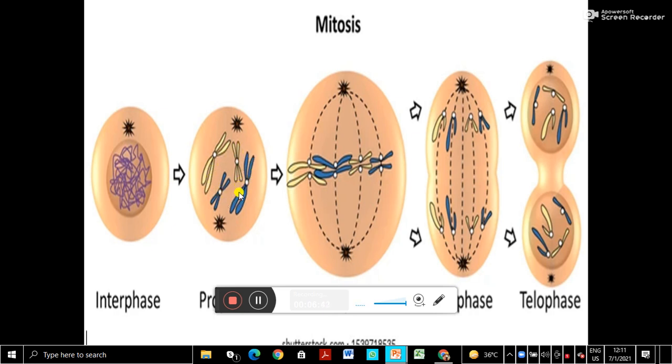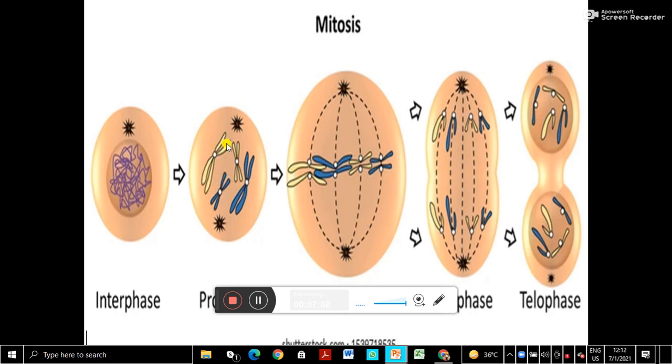Okay, and remember, in each chromosome, 2 sister chromatids are attached to the centromere. The centromere holds them, so they are not separated. So they are one single chromosome with the 2 sister chromatids. So you can see the 2 sister chromatids in each. Okay, and then you can see this is the whole cell.